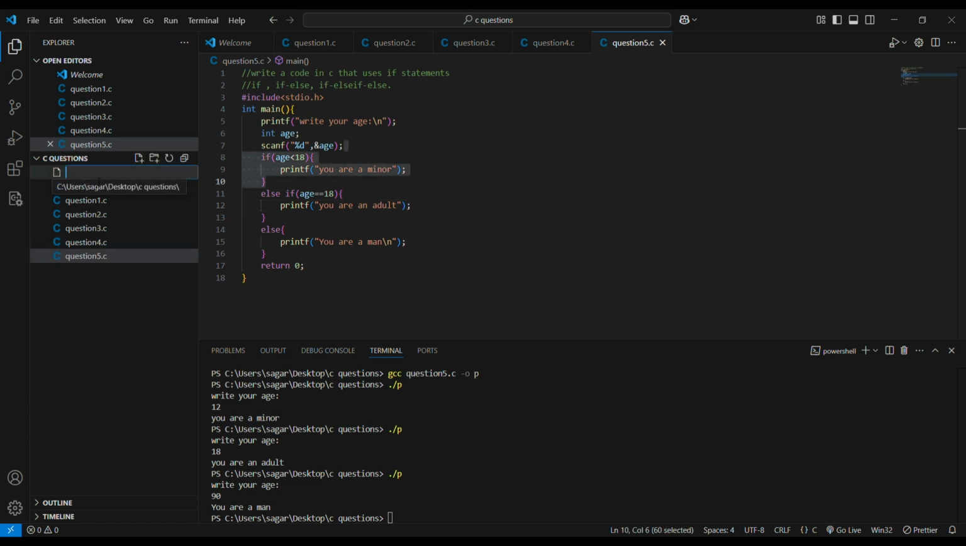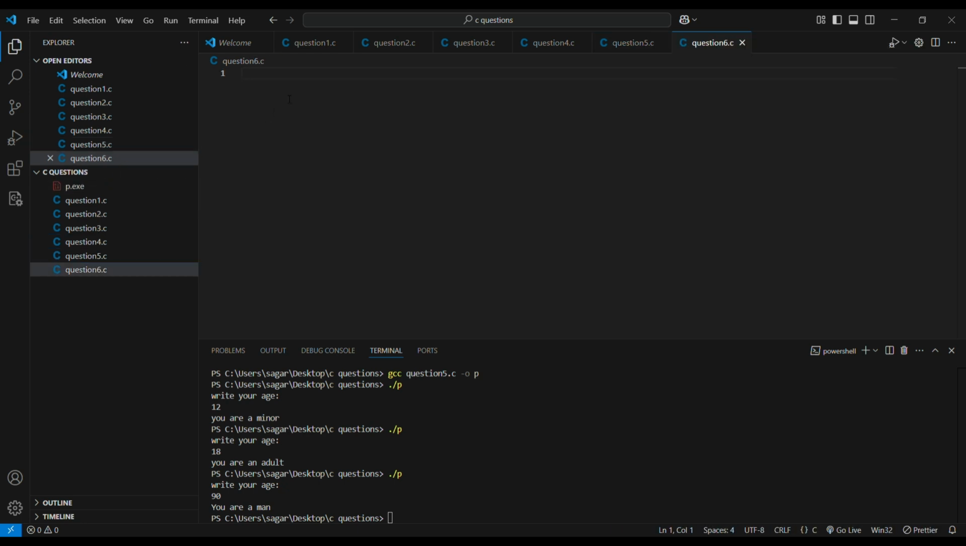So moving to question 6. Question 6 says that you need to write a code in C that uses the switch statement instead of using multiple else if statements. So how does the switch statement work? Let's see. Say we need to write a code that, based on what grade a student gets, prints the respective remark. So we need to use multiple else if statements, like